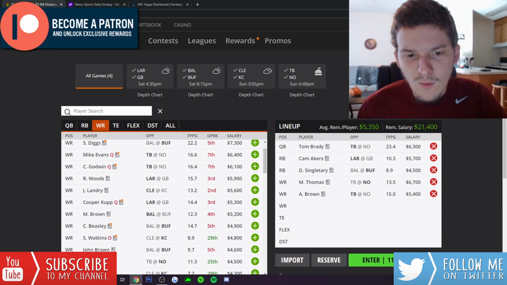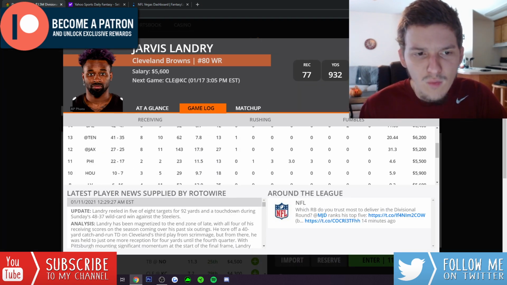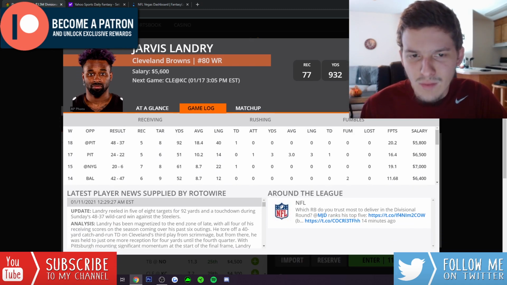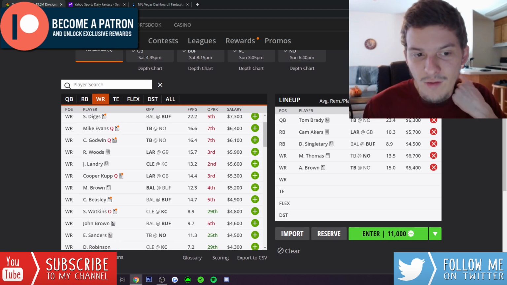Jarvis Landry in a game where Cleveland should be playing from behind. I mean, Landry's been really good just basically the last 5 or 6 weeks. When Odell went down, Landry didn't really do much at the start, but since then he's been really, really good. Double-digit DraftKings points in like 6 straight games. I don't mind him at 5,600 either, but I think Cooper Kupp's probably my favorite guy out of all the